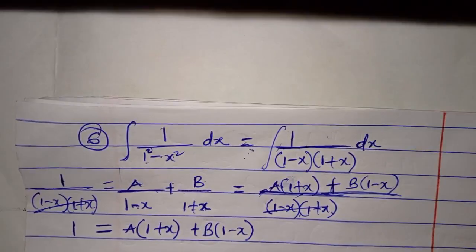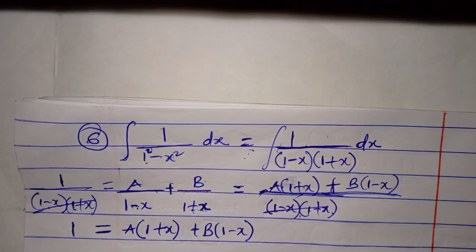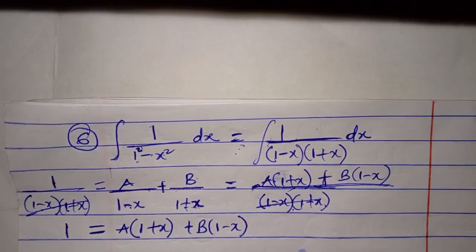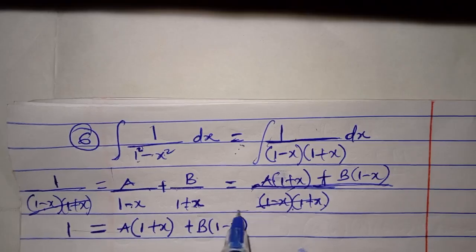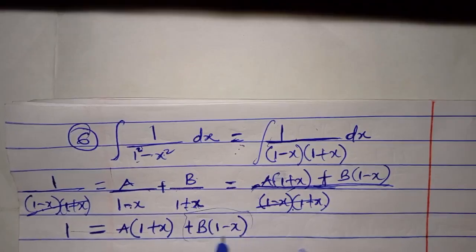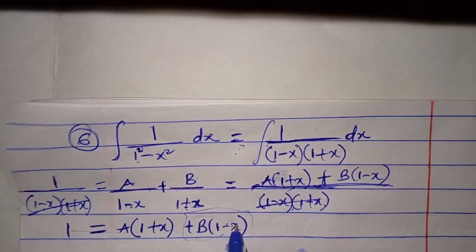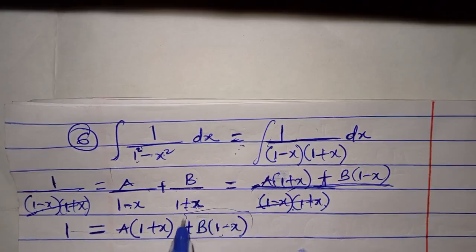So as it is in solving partial fractions, at this stage we need to eliminate one of the constants, either a or b. Let's say we are going to eliminate b, for example. We need a value for x that, when plugged into this equation, makes everything concerning b become 0. So what will I put here that will make everything here 0 but will not make a 0? It is 1. If I put 1 here, 1 minus 1 is 0. So everything here becomes 0. So when x is equal to